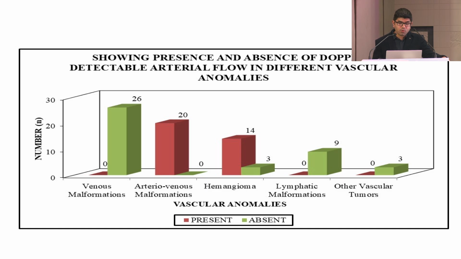We usually go ahead with the peak arterial flow, and AVMs, as I told, always have a higher peak arterial flow, mostly 50 to 70 centimeters per second, while hemangiomas usually have a lower flow. Peak venous flow, again the same thing: AVMs always have an arterialized venous flow. So peak venous flow will be high in AVMs, while hemangiomas or venous malformations will have a low normal venous flow. Venous malformations many a time will not show any flow; if we compress, we'll see some flow.